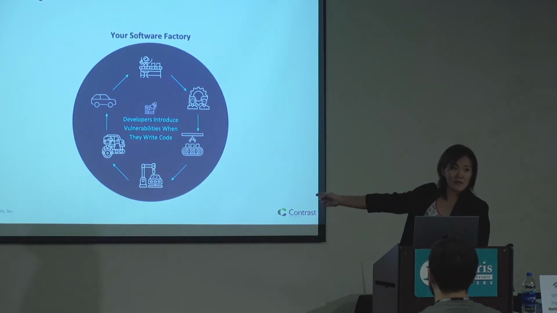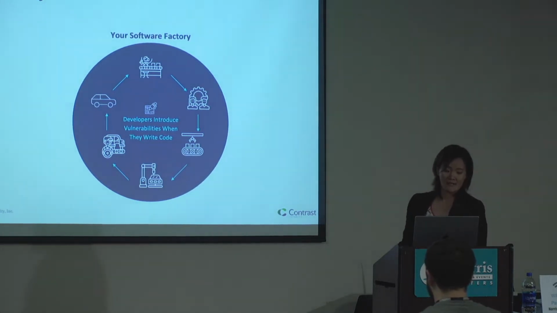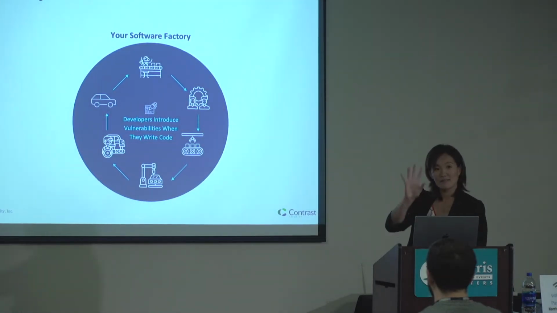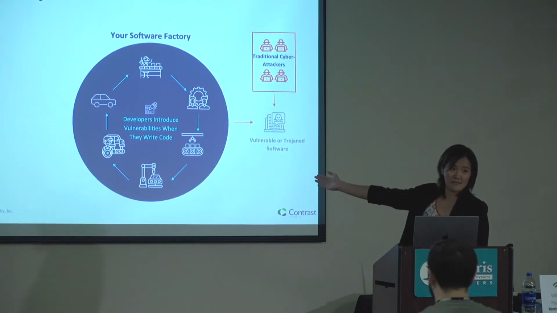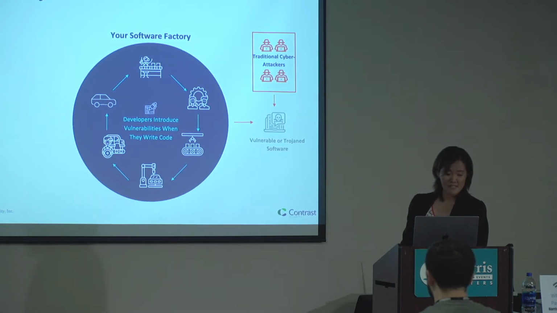Now, when our developers are writing code, they're going to be introducing vulnerabilities. That's just how it is. This is their custom code. We're not even talking about open source yet. Just the custom code that they write inherently will have vulnerabilities. Even if you're the best developer in the world, I'm sure you guys are all amazing engineers, you're still going to have some vulnerabilities. And this is what a traditional vulnerability attack vector is going to look like. You're going to have traditional attackers, cybersecurity threats, and malicious actors. But this is why there's a big white space over here.